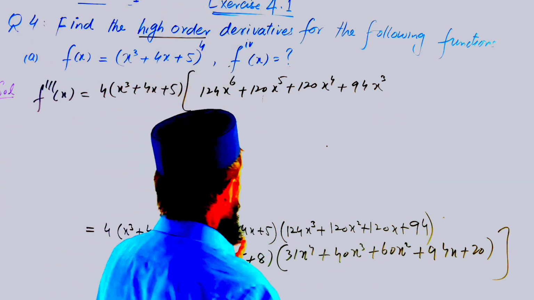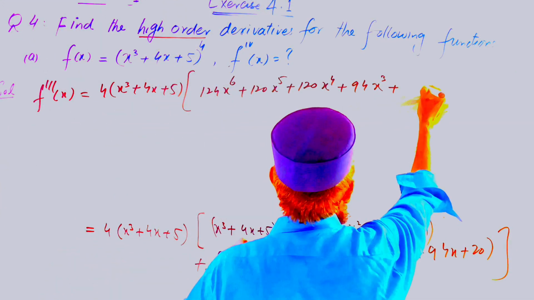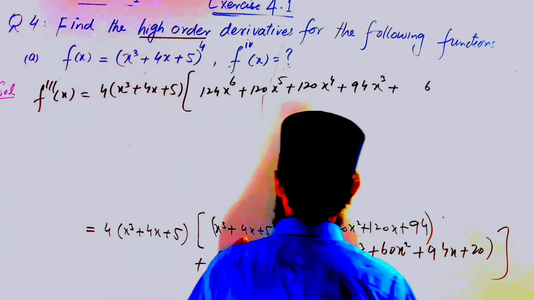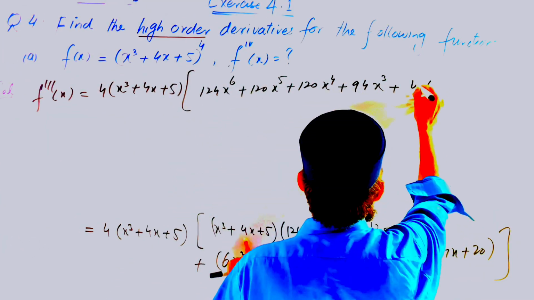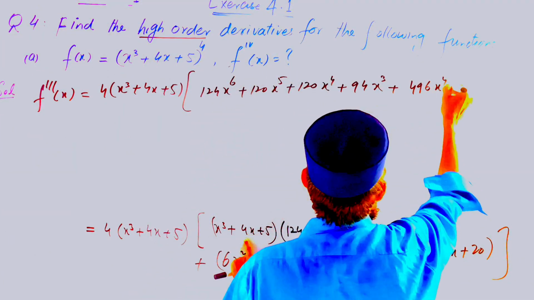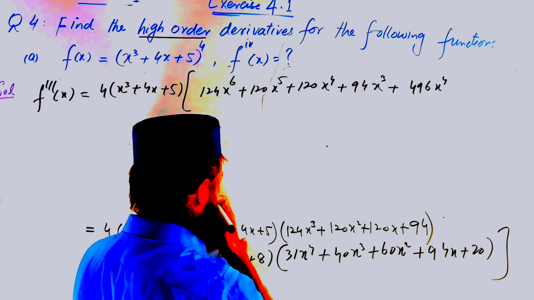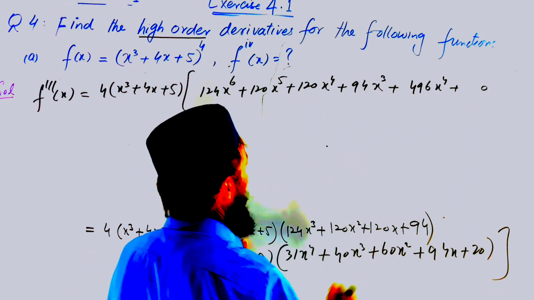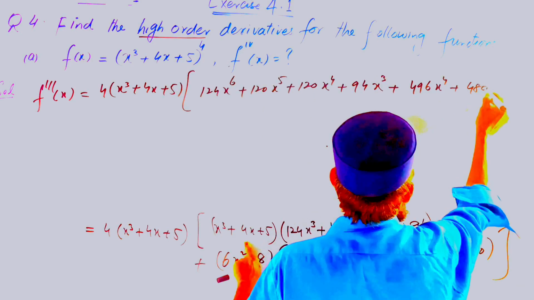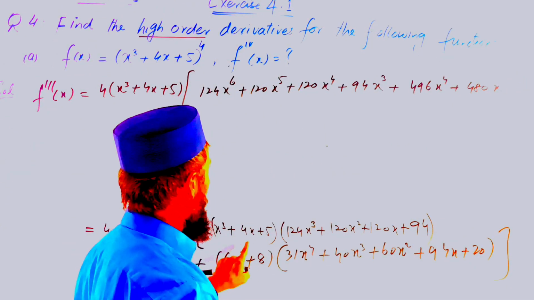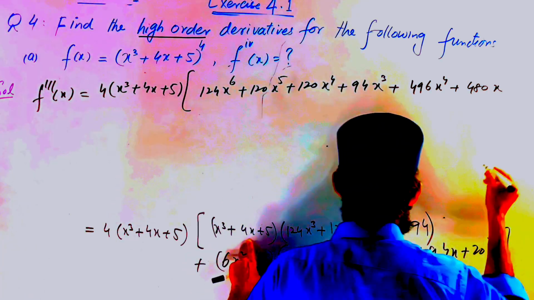Now further, 496 x power 4 plus 0, 480 x multiplied by x square, x cube